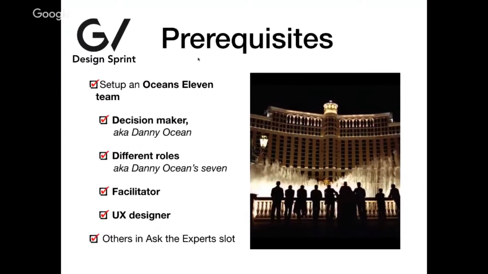We call them Ocean's 11, if you know the movie. The most important guy will be Danny Ocean. He's the decision maker, usually the product owner of the project. Then there will be many roles from the business team, like finance experts, marketing experts, developers, technology guys, logistics guys, anybody who can really help us get everything we need for the projects. Usually it should be up to 7 people